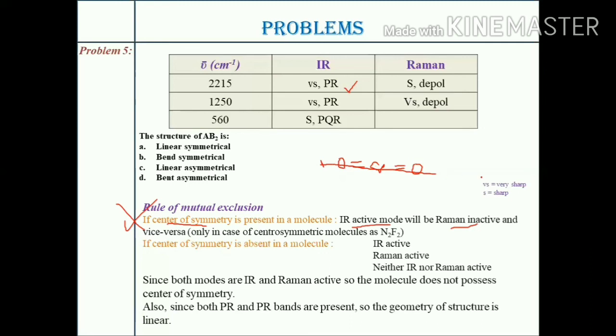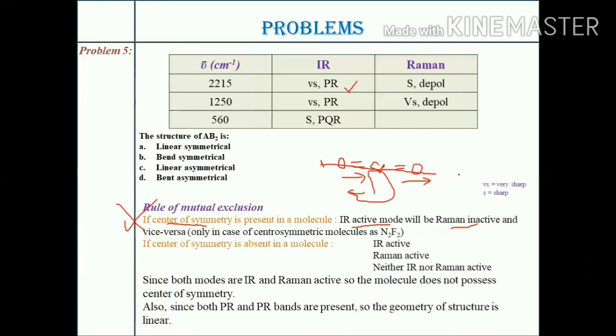Yes or no? So for a linear polyatomic molecule, let's say we have taken the example of CO2 over here, the modes of vibration that are parallel to the axis of symmetry, that means this line. What will be those modes? Remember, we studied the stretching and the bending modes of vibrations. For stretching mode of vibration, it is symmetric stretching or anti-symmetric stretching, right? So for symmetric as well as anti-symmetric stretching, what is the direction? It is definitely parallel to this axis of symmetry.